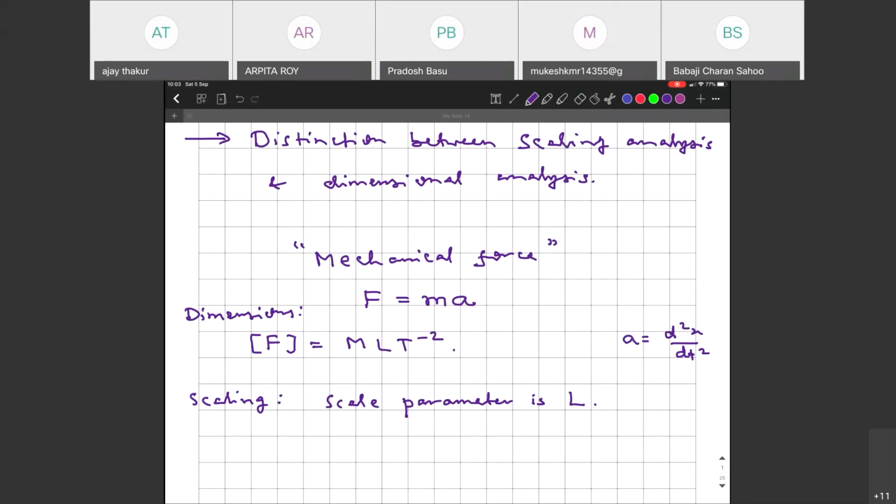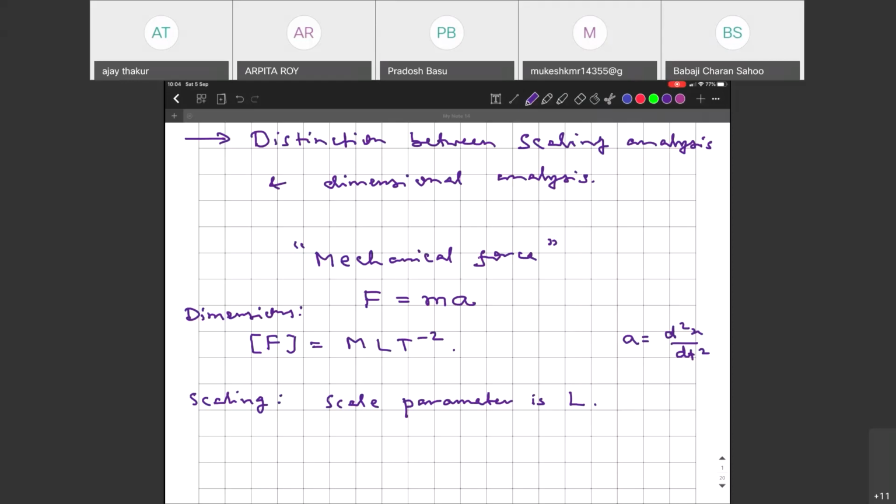So what would be the force required to push that cubical shaped object or an odd shaped object, as the case may be, and then ask a second question: suppose now I increase the size of this object. Okay, so as if to begin with it was a cube of side 1 meter, and now I am making it a cube of side 4 meter. So how would the force required to push it change? Okay, that's the kind of question we are asking in the case of scaling analysis.